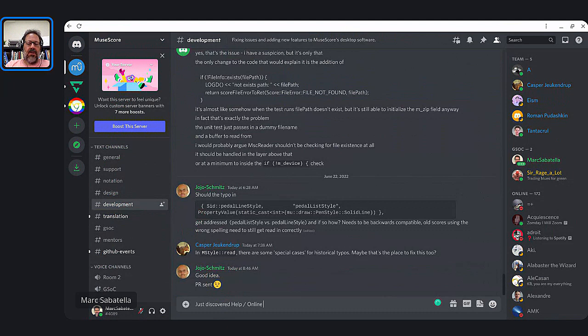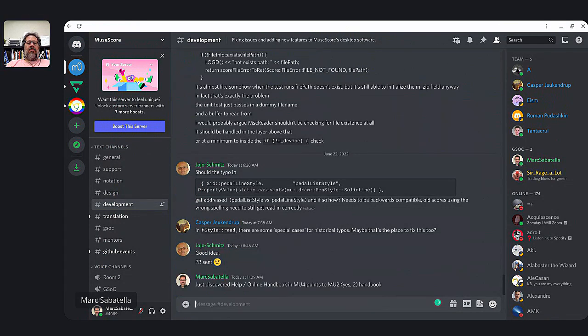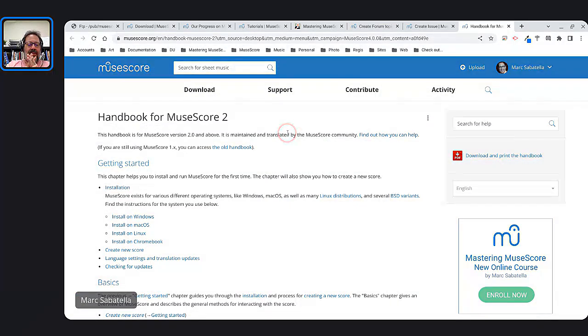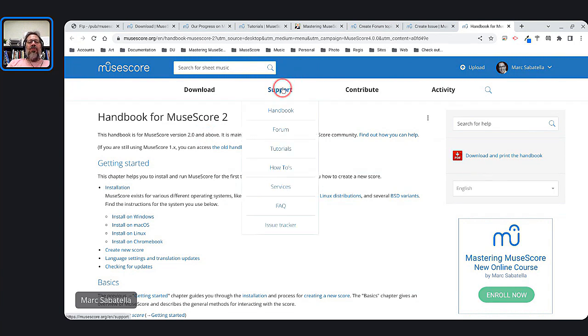That help online handbook in MU4 points to MU2. Okay, so that's instead of submitting a whole bug report, just posting there is a quick little note for other developers who might want to think about doing something about that. So this isn't what we want. The MuseScore 4